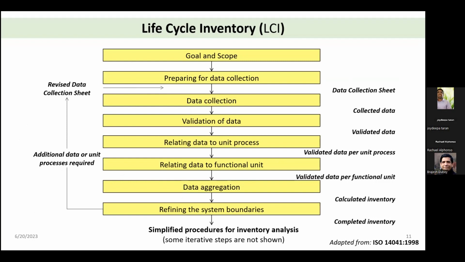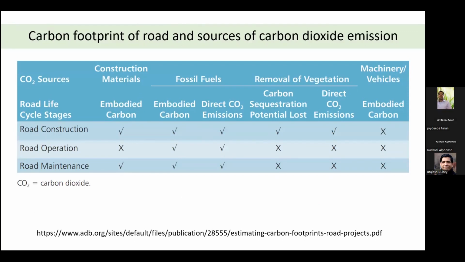Next, once you have made all these assumptions, life cycle inventory creation or database development is the key component. Here the first thing to see is the three phases I'm considering: road construction, road operation, which is the utilization phase, and road maintenance. So prepare a table of this sort. This is the ADB, Asian Development Bank, methodology for calculating the carbon footprints of different road projects in the Indian context. The complete example I'm giving has been taken from that report. There are different segments that we can consider.